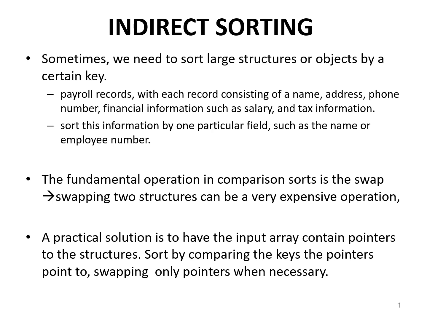As the slide itself says, suppose we have payroll records, and that payroll record has got a huge amount of data, which is a structure, and each of the data present tagged together is what we call a record. So it would be name, address, phone number, financial information such as salary, tax information, etc. Now you want to sort these records. How do you sort it? You have to pick one unique element in the record, for example the phone number, because two people cannot have the same phone number, technically. So we will take phone number as the key element to sort things.